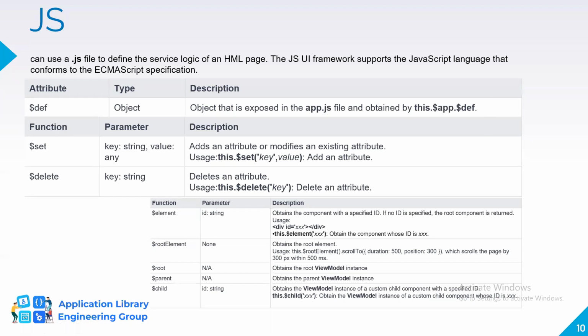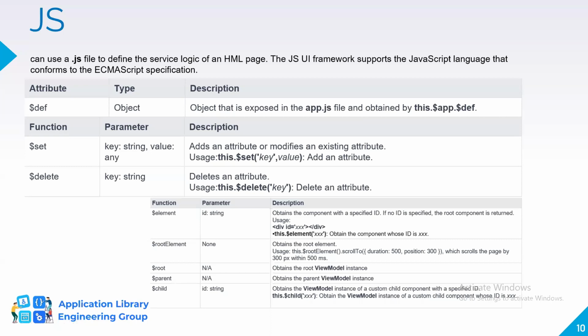Okay, like that, there are some more data functions also which are provided, like $set, $delete. The syntax will be of key value setting and getting, which can be used to set or update some data which is defined in your application. Or if you want to delete any attribute which is defined in your application, you can use $delete, pass the key value, that attribute will be deleted. Like that, there are a few different kinds of functions which help us to parse through and operate on the data easily within the JS